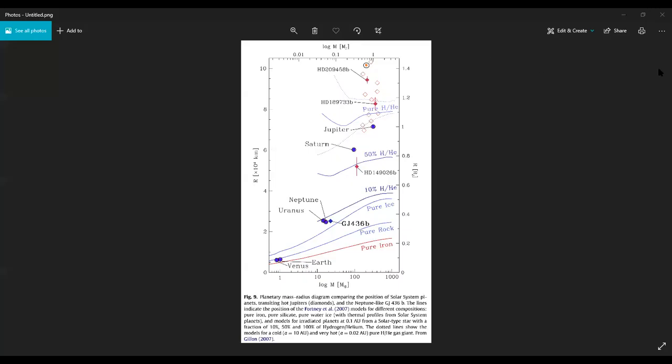In this planetary mass radius diagram of M. Gillon et al.'s research paper, Detection of Transits of the Nearby Hot Neptune GJ436b, planet composition is plotted as a function of size, which is radius, and mass m. The horizontal scales give mass in Earth masses and Jupiter masses mj. The vertical scales give radius in 10,000s of kilometers and Jupiter radii rj. The curved lines show the size as a function of mass for planets of different compositions, and density increases down